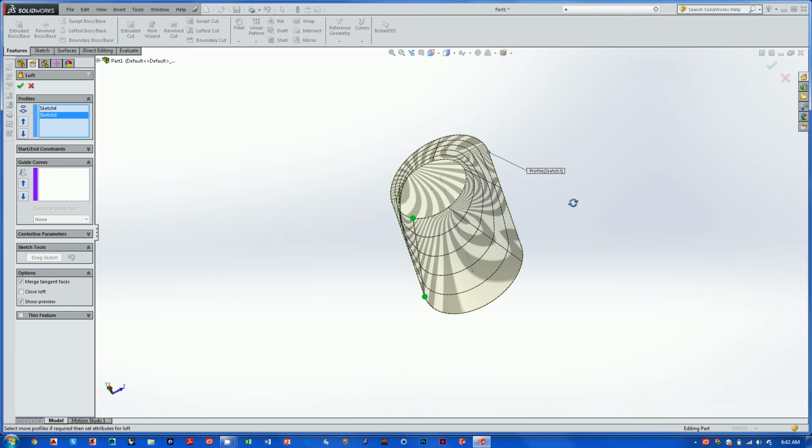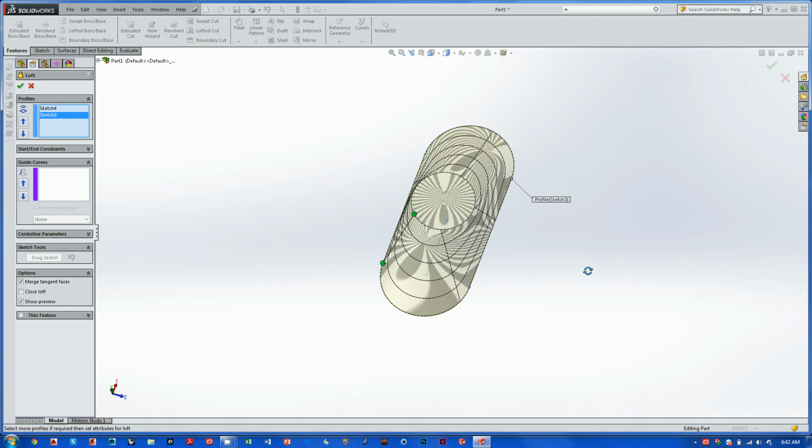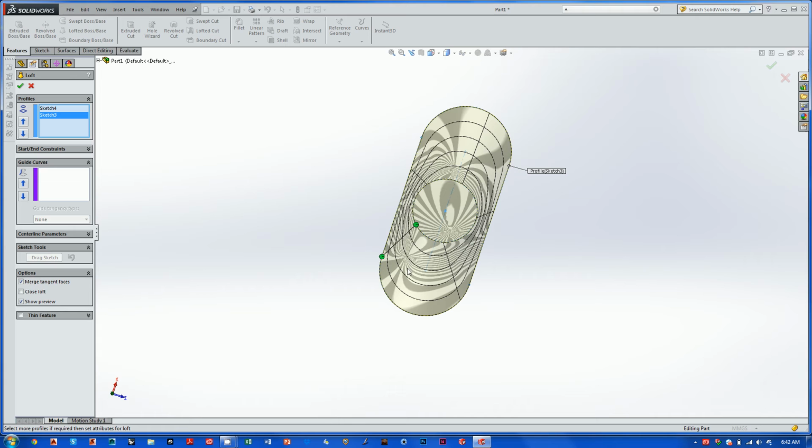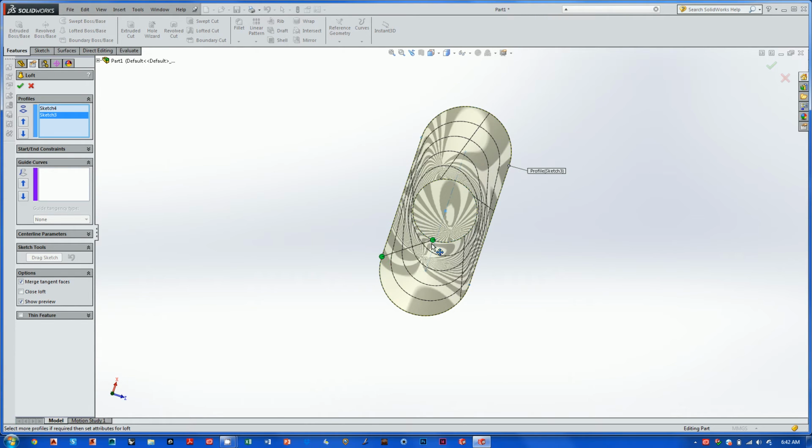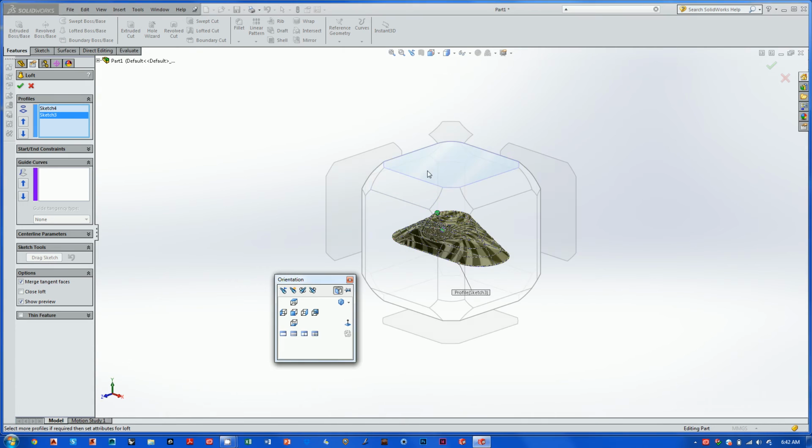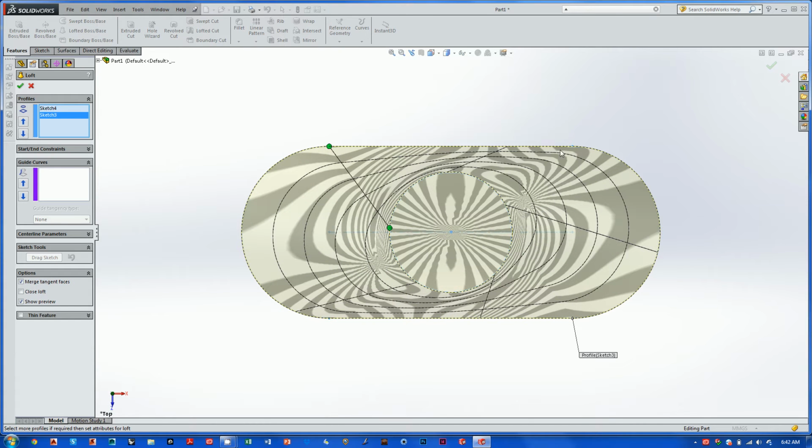So let's just look at that really quick. You can see what's going on with our surface here. We really do not have a very clean surface with this loft. It's kind of twisted and a little bit ugly. You can see that this wireframe of the form is wrapping around like this, and this isn't what we'd call a clean